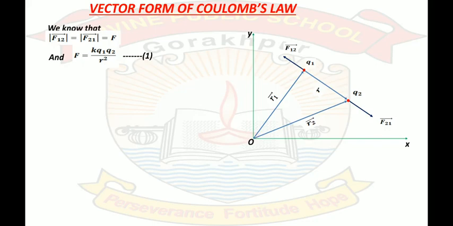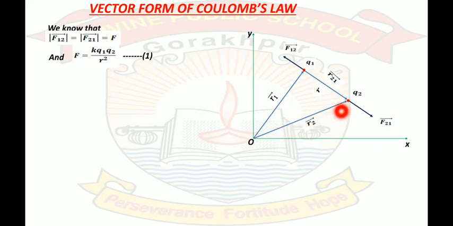Okay, so what we are going to do, we are going to define one vector, and this vector is from 1 to 2. As you can see, here is an arrow. This vector is from 1 to 2, and let this vector be r21 vector. Why is it r21 vector? In a few moments you will come to know. Now from the figure, you can see that r1 vector and r21 vector are combined head to tail, and the r2 vector is in reverse order.